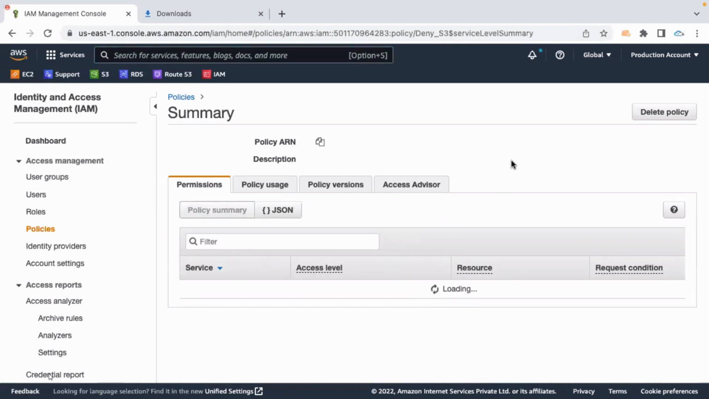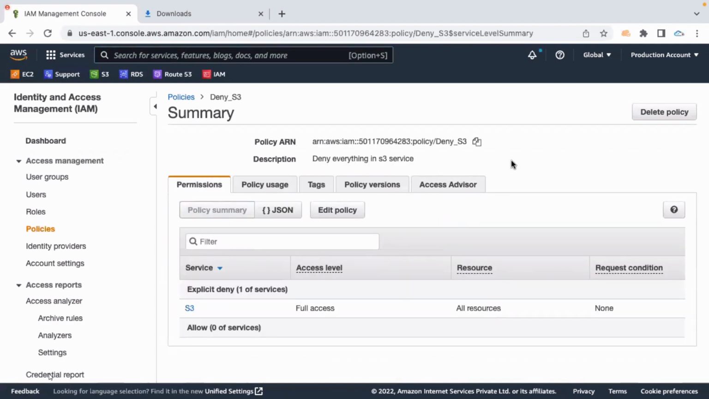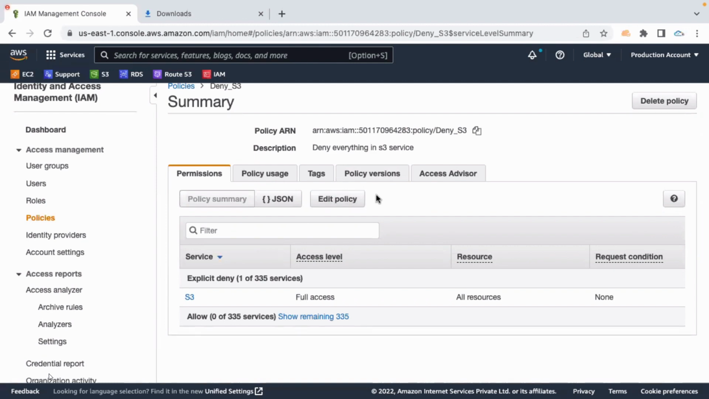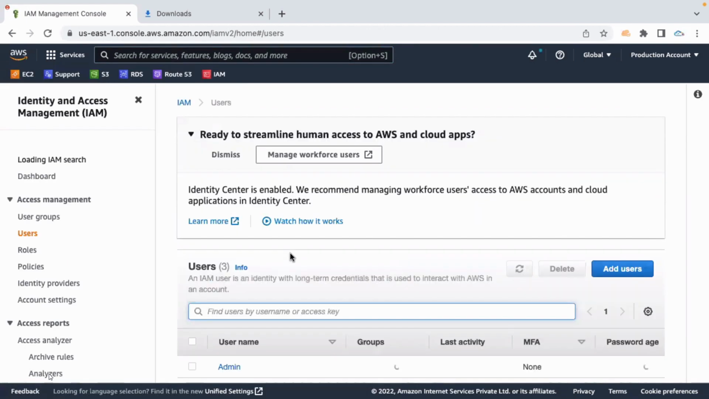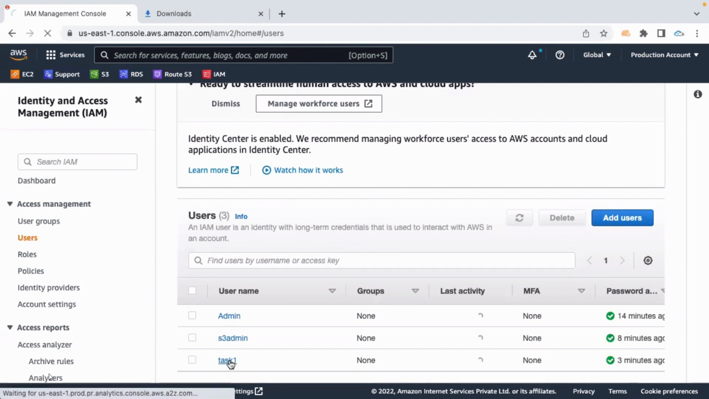Okay. So if it is a customer managed policy, you do have an option to edit this. You see here, edit policy. If it is an AWS managed policy, you don't have that option. Now policy usage. If you want to attach, you can attach from here. Otherwise, go to users. To which user you want to attach, select the user